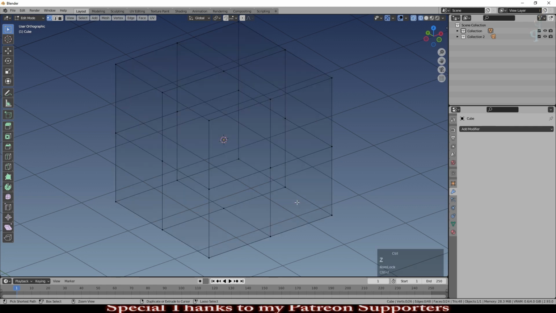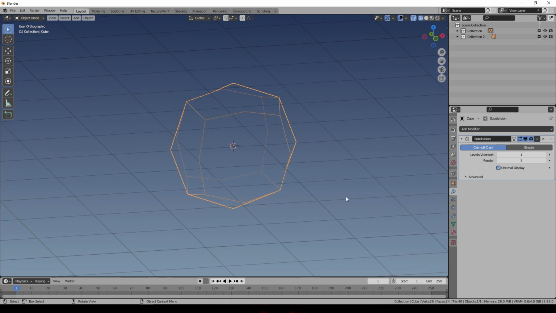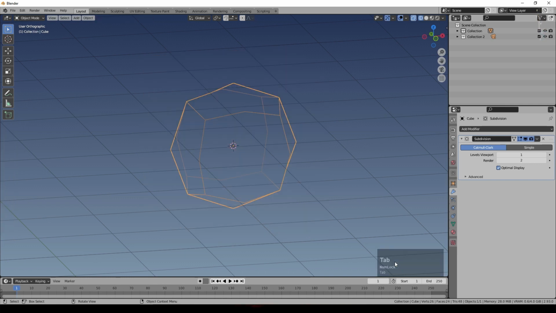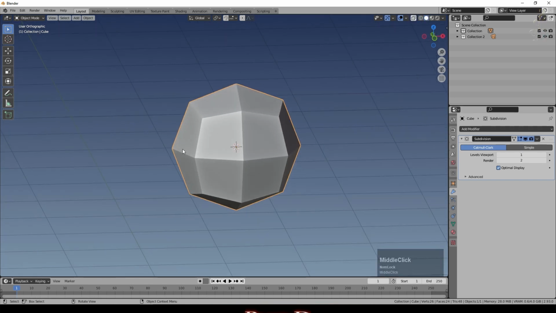So I'm going to Control Z just to unapply that modifier, and we'll go back to Catmull-Clark. And you can see it's gone back down to 8 vertices. When I come out of edit mode, you notice it goes up to 26. When we are in edit mode, it's showing the real vertices. When we come out of edit mode, it's showing the sum of the original vertices plus our subdivision surface. So another way of thinking of this is that it's smoothing the shape out when you have Catmull-Clark.